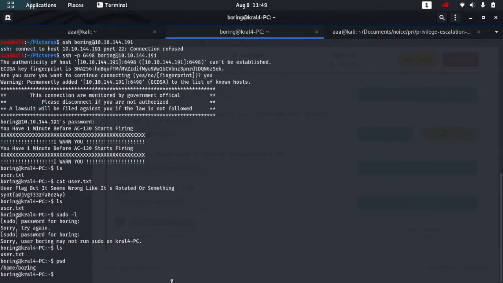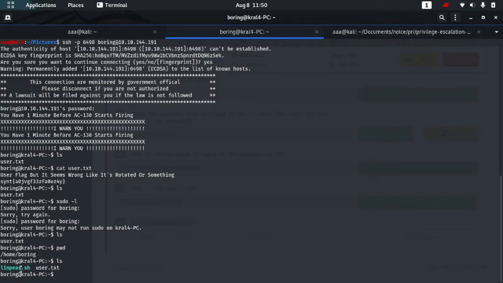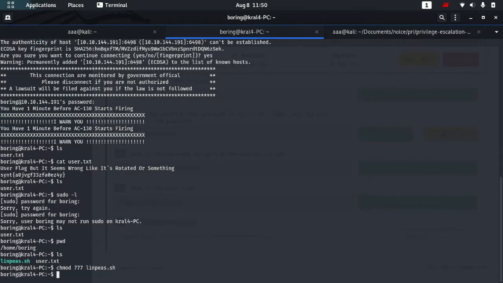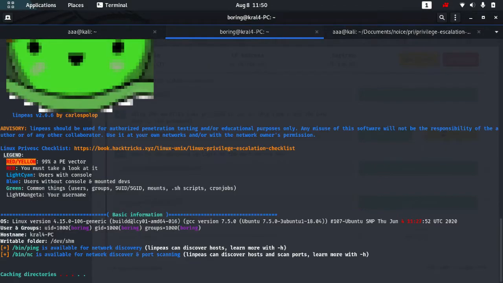Now when I do ls again, you can see there is linpeas. You can make that file executable with chmod 777 linpeas and just run ./linpeas.sh. LinPEAS is running right now, and it will give you privilege escalation information.